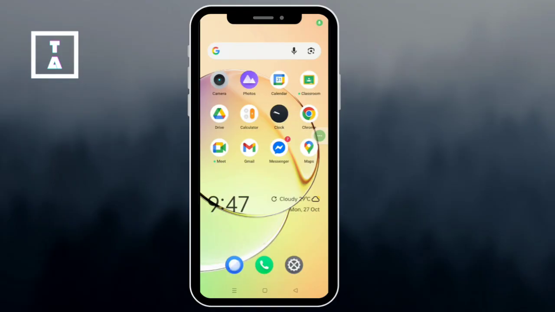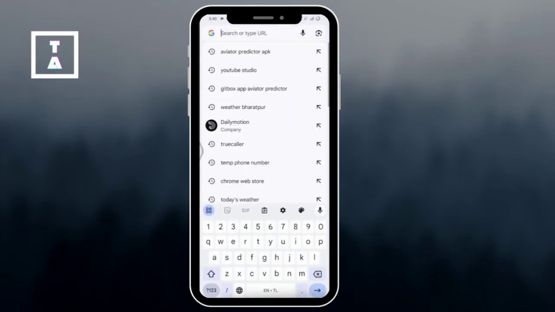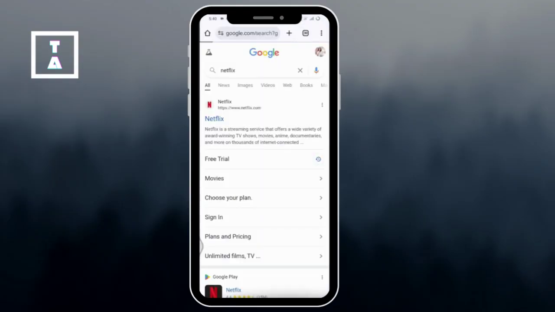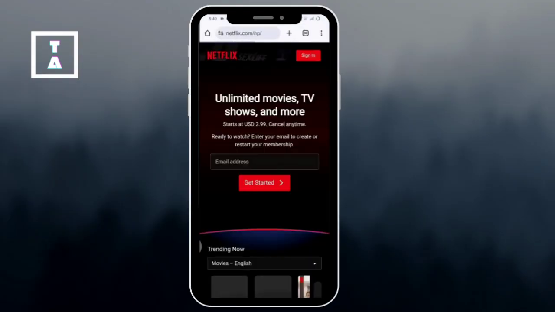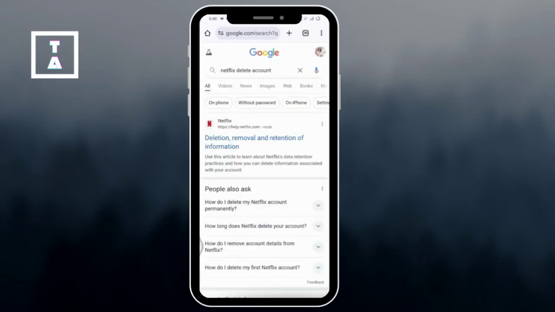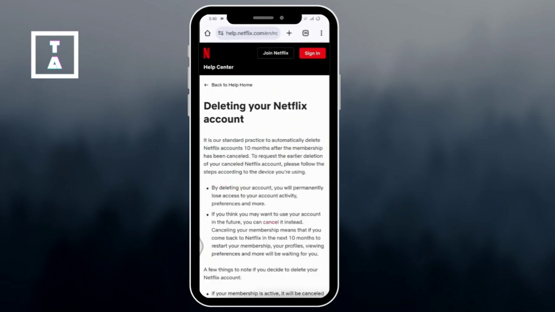Let's get started. First, open your browser and go to www.netflix.com. You can also use the Netflix app, but using a browser is usually faster. Next, sign in to your Netflix account using your email and password. Once you're signed in, tap your profile icon at the top right corner, then select Account from the drop down